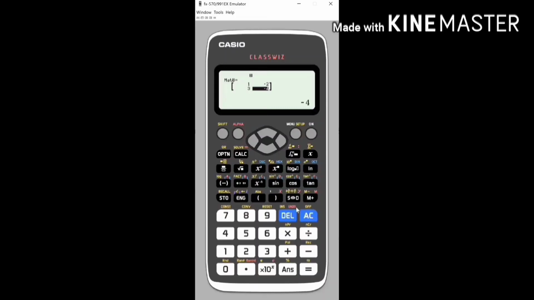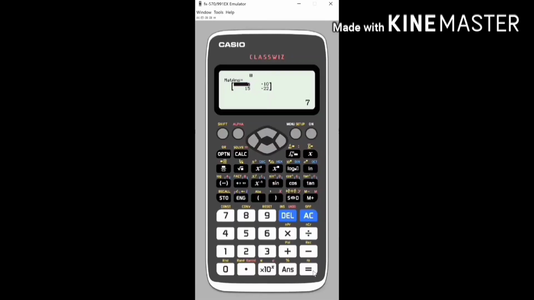Now life is easier. Press AC. You'll be sure that you are in your matrix mode, or you can either press option for that as well. So press option. Now on number 3, you can see it's written matrix A. So press 3 and see what comes on your screen. Matrix A. Press multiply. And then again option. Matrix B is on number 4. Press number 4 and press equals, and you are with your answer on the screen. So it's 7, minus 10, 15, and minus 22.